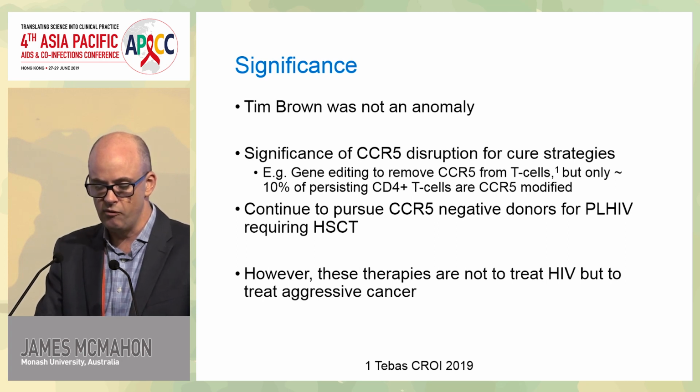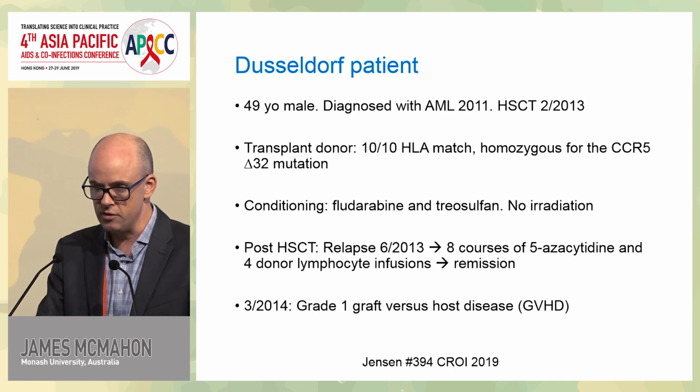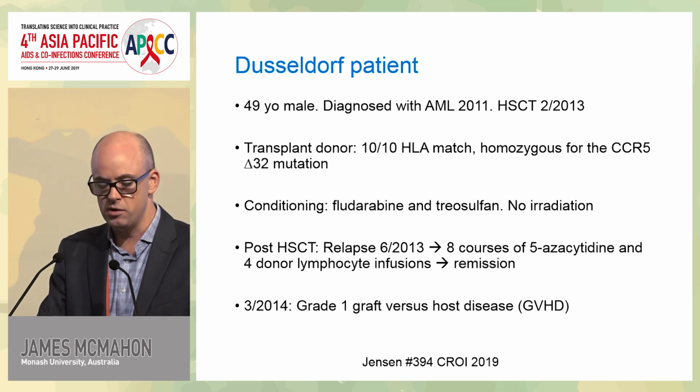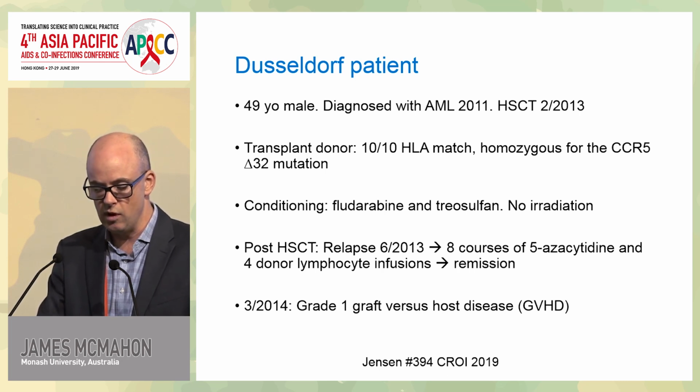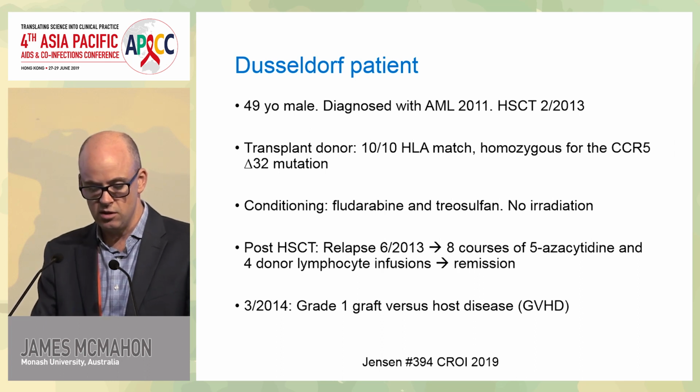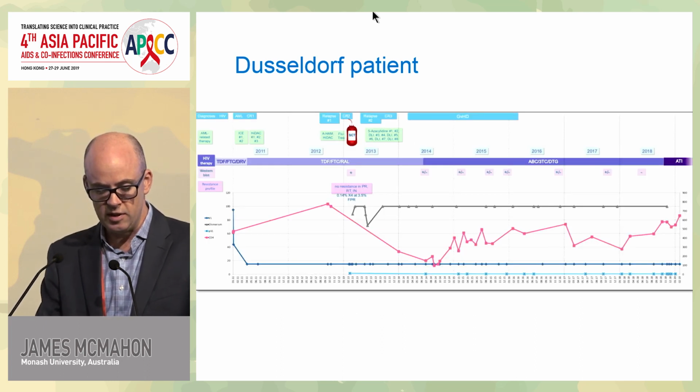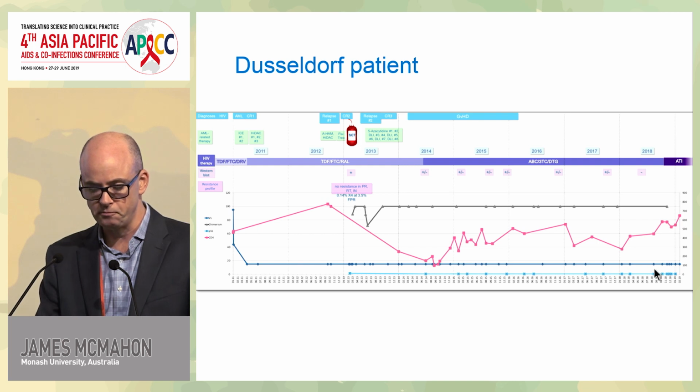And then also at the same conference was the Dusseldorf patient, again a man from the same cohort from Germany. A similar story. He had leukemia, had a bone marrow transplant. The new donor didn't express CCR5, and he had a slightly different clinical course, had some relapse which required further treatment, and had graft versus host disease. And this is his diagram that shows all of that. Essentially, it's hard to see, the viral load is listed as the blue line, the aqua blue line at the bottom.